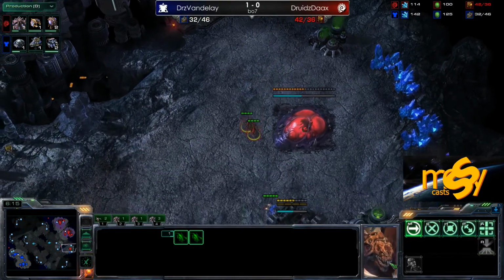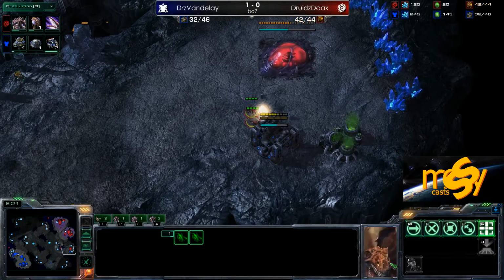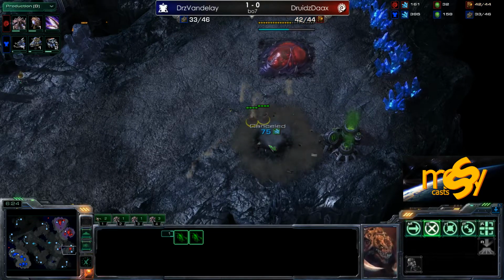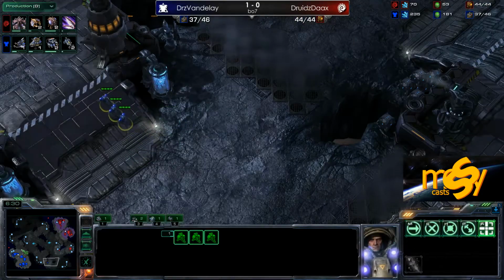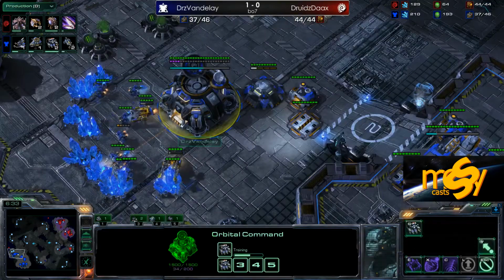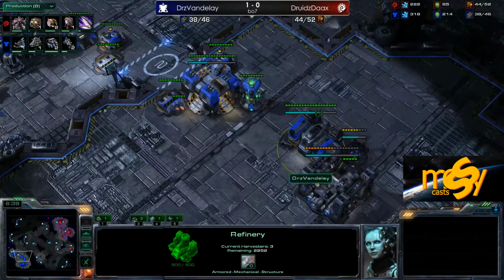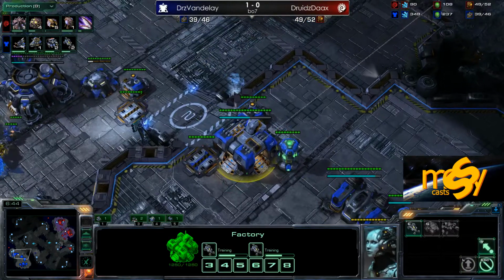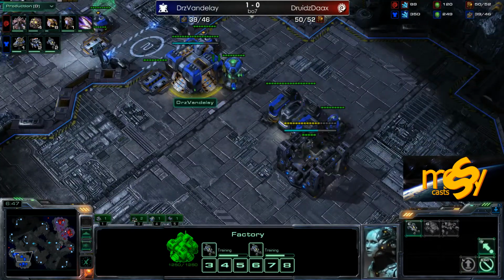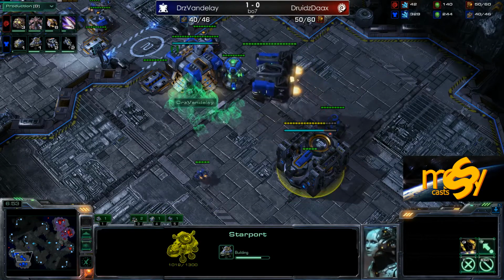He must suspect this play, and the Marines are completely out of position, so they will be able to get this SCV. Very nice, and Vandelay immediately cancels. So, alright, no cancel on the third this game, which is a nice win for Daax, I suppose. But also, of course, different from last game. Vandelay going for a 1-1-1, switching it up, so we will